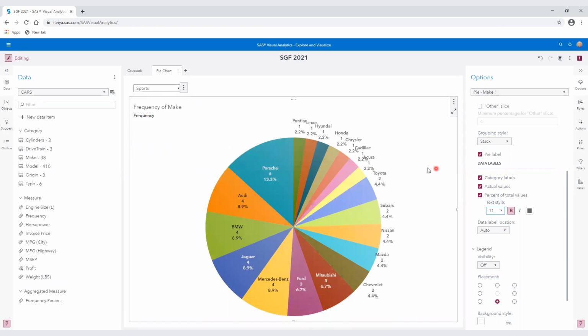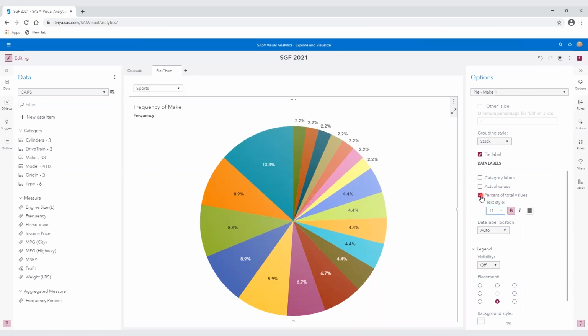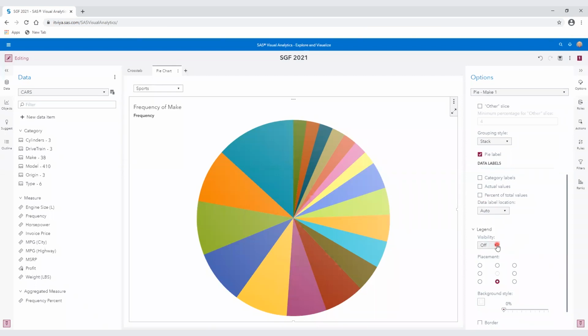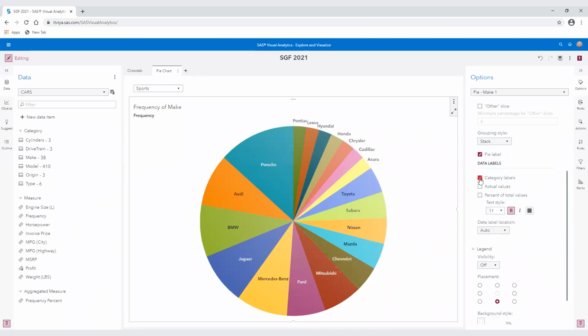So a lot of manufacturers make sports, and again, we could change this to be MSRP or anything else we wanted it to be. Any measures we want. For our measure, we've just got the frequency. But we could change that to be any different measure we wanted from the roles tab. Okay, and I probably went kind of overboard here. Let's remove some of those check marks, but you can see the choice is yours, how you want this to appear. Okay, that's not bad.